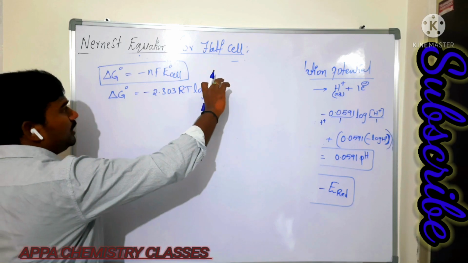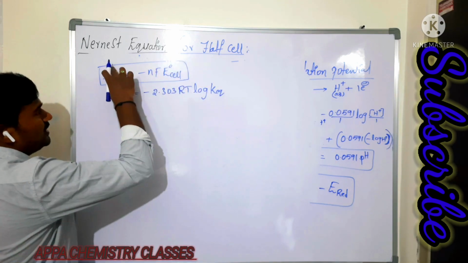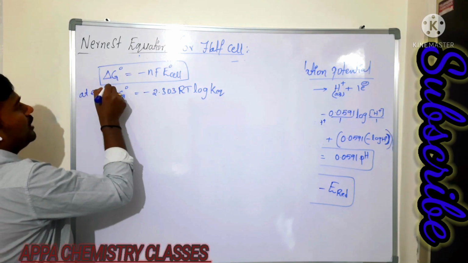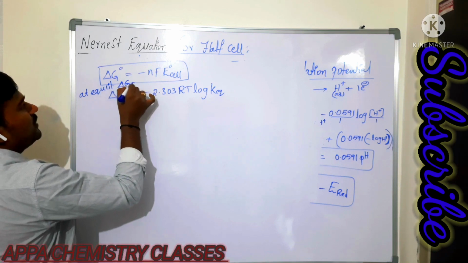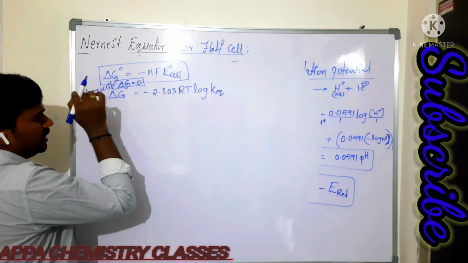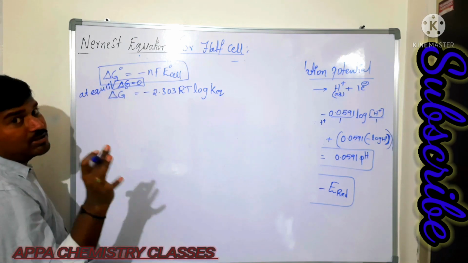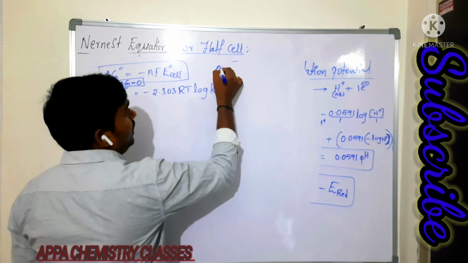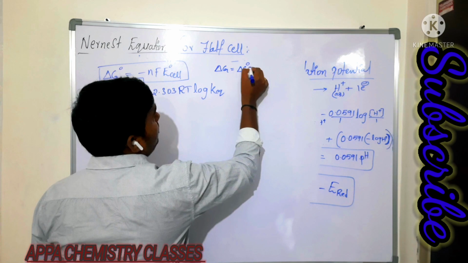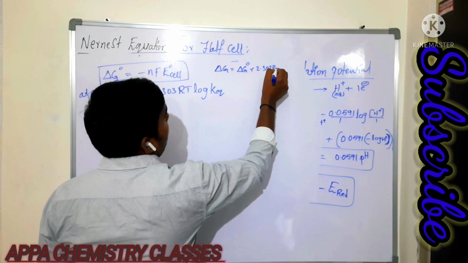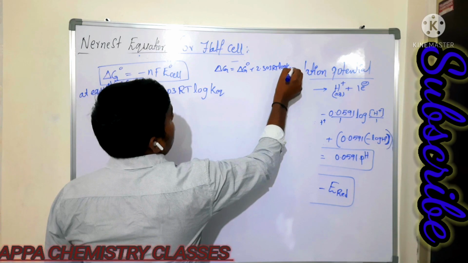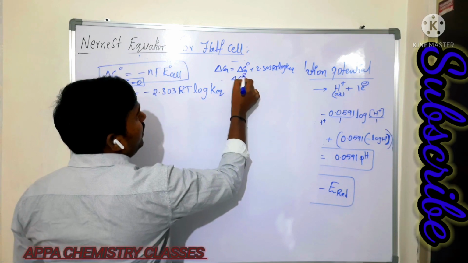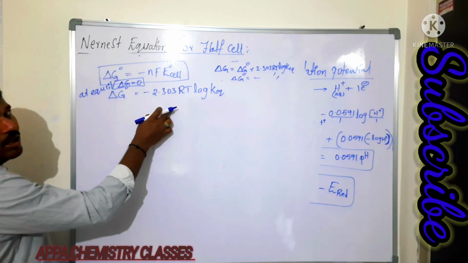So what is the relation between equilibrium constant and electrode potential? We will see. These two are equal means these two will be equal. At equilibrium what happens? At equilibrium, change in Gibbs free energy becomes 0. Not standard Gibbs free energy, only change in Gibbs free energy is equal to 0. But standard Gibbs free energy is never 0. So from that, we have the formula delta G is equal to delta G naught plus 2.303 RT log K equilibrium. So from this, delta G is equal to 0. So from that delta G naught is equal to minus of this value. Okay, now that I had written here.